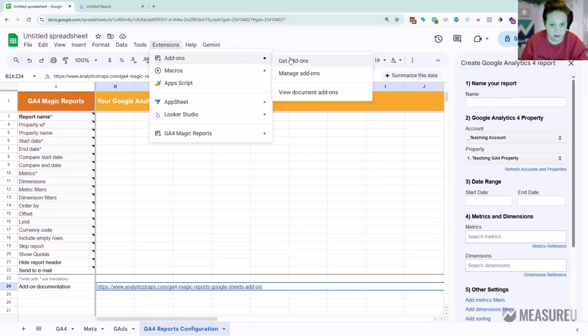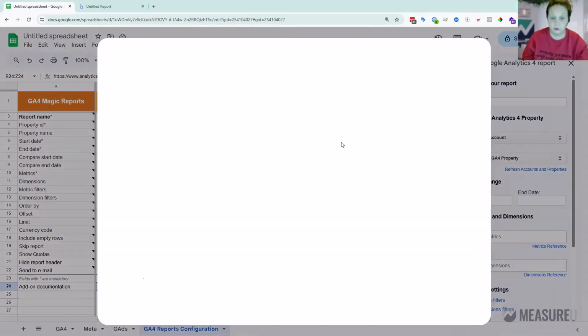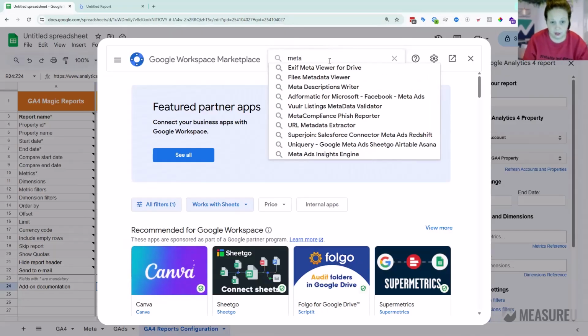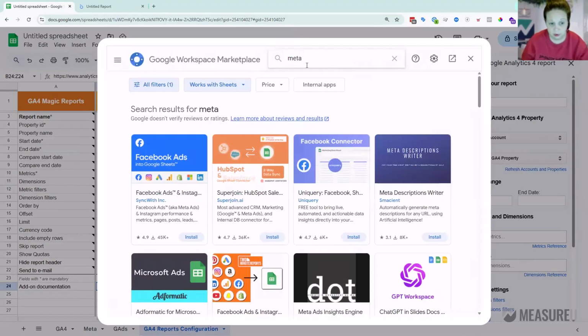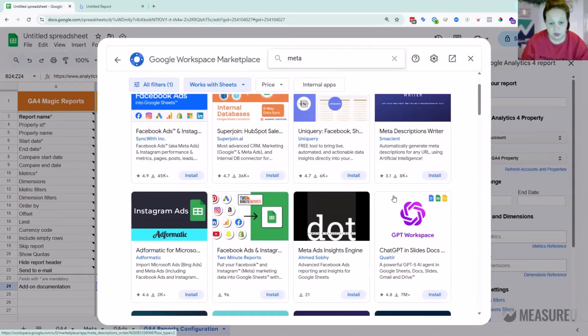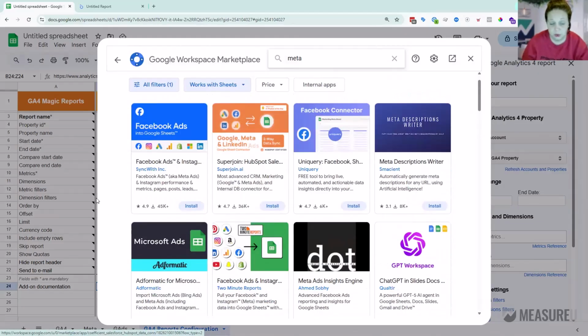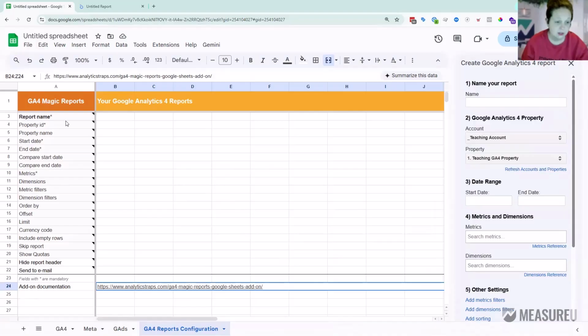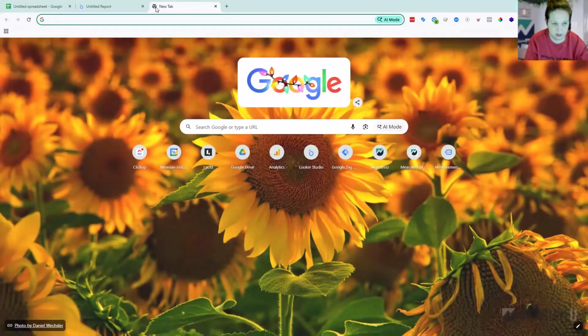Again, there's other add-ons. You can go through and get an add-on where if you wanted to look for something with Meta, let's see what we got there. So we can say Meta, or if we want to look for, hey, we can start with Sync With. That looks kind of like a familiar brand just with all the things that we do. So we can go through and see, is there another tool like that that would allow us to pull the data in directly from Meta, Facebook API. Some of these tools do cost a little bit. Like there's one, I believe